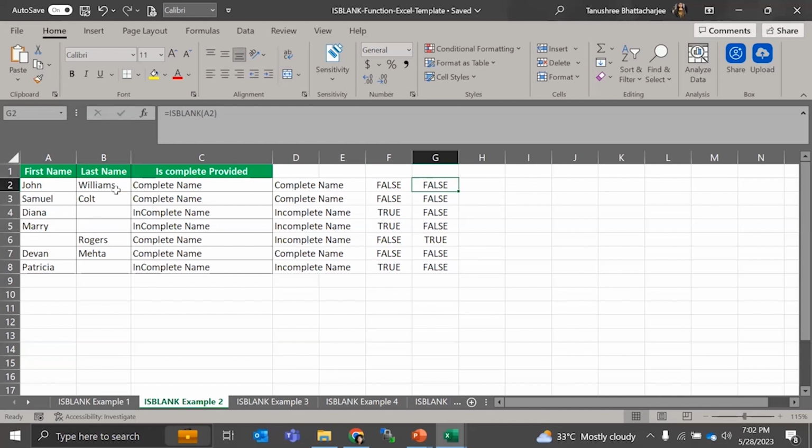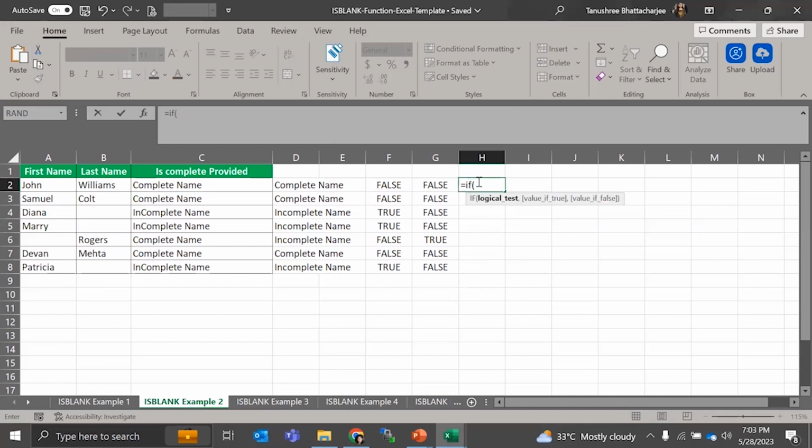So is blank, it is false. Okay, it's A not B. Fine, this is blank is true, which means if it is true, it should be incomplete name. Okay, again this is true, see, it is false, so there's nothing here, so it is true. So what do I write here? Is equal to, if